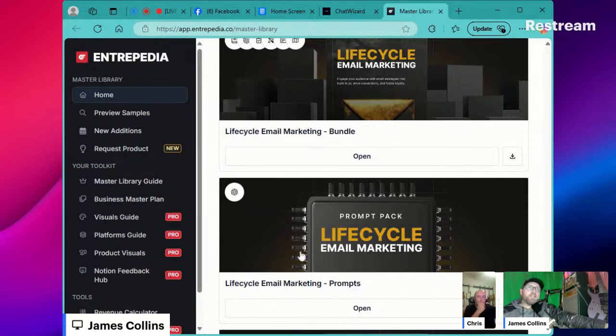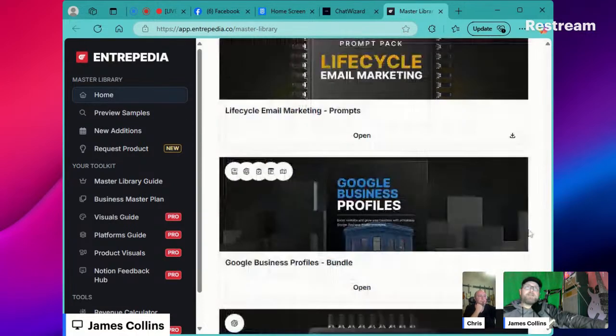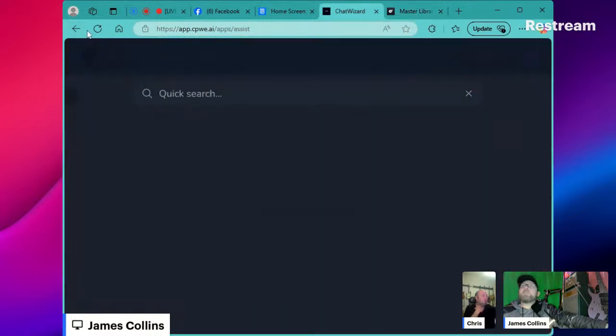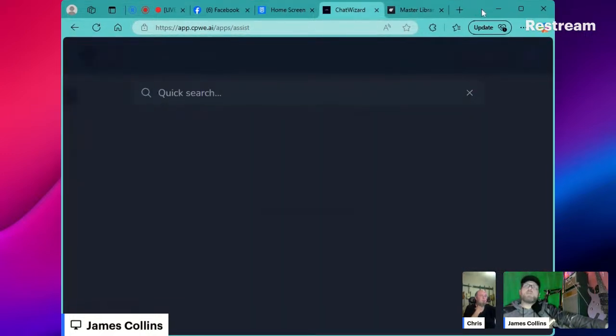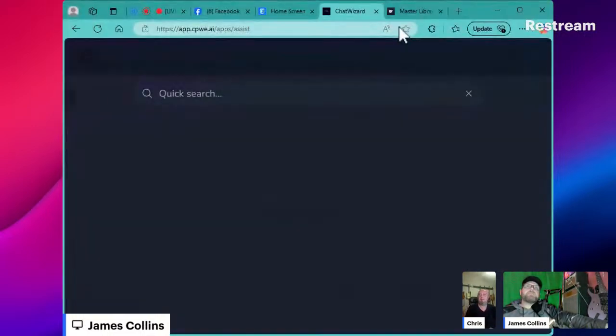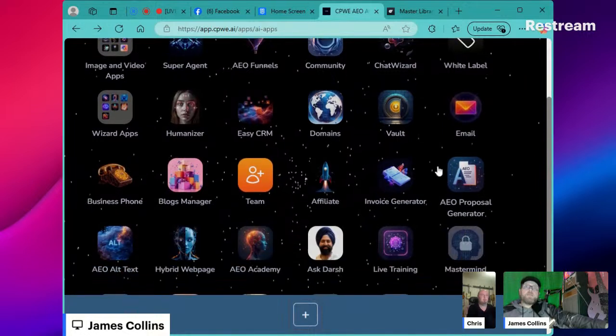But there is a lot of value sitting right here in even building a Google business profile. When you get into our tool sets, let's go back over there for a minute. I've got to pull my window over. Sorry, I couldn't see the back button for some reason. Yeah, these tools are amazing.